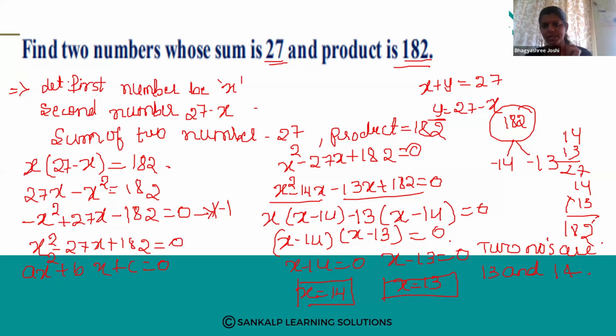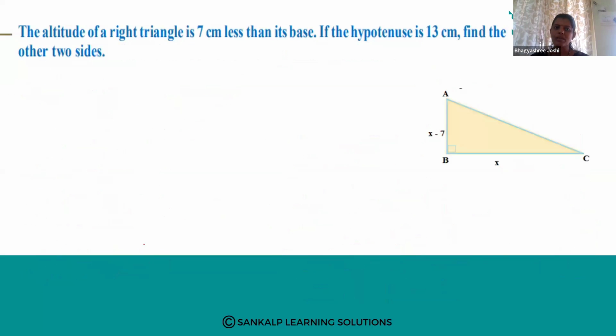Here we consider the first number is x and the second number is 27 minus x, and the sum they have given is 27 and the product is 182. x into 27 minus x is equal to 182. So 27x minus x squared is equal to 182. If I rewrite that, I will get one quadratic equation. Then by using the factorization method, I will get two roots. Those roots we call the two numbers here, right? So x is equal to 13 and x is equal to 14. Next,